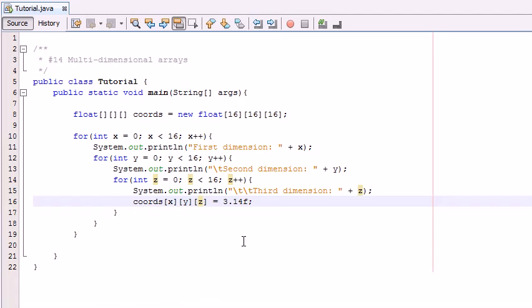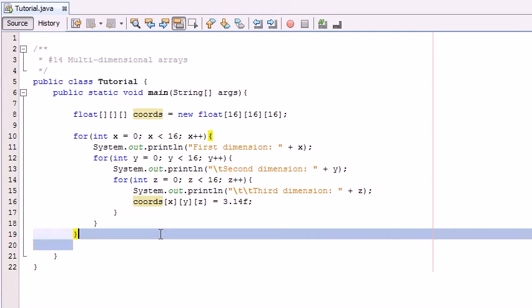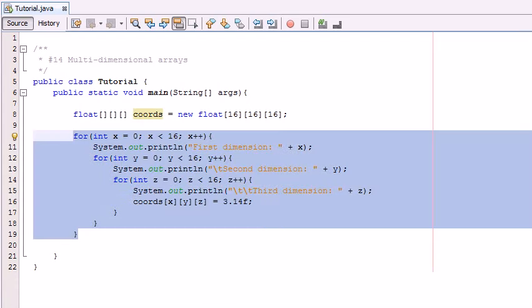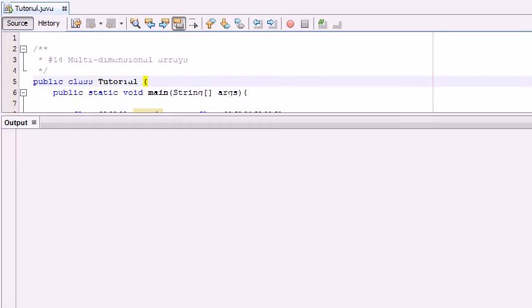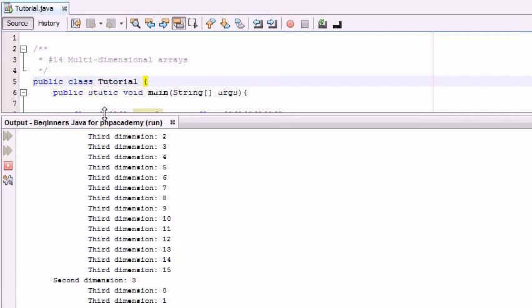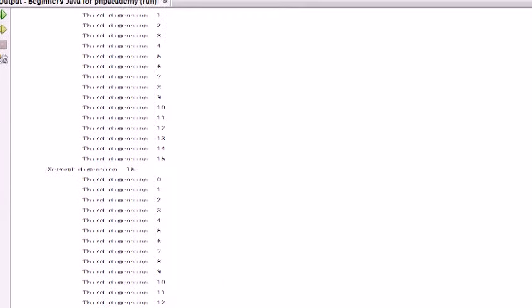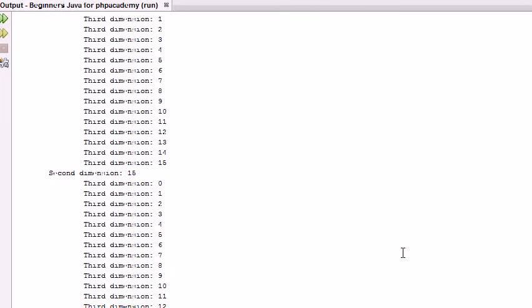So setting the value of the array wasn't really the point, it was showing you how the three-dimensional array actually works. So if I drag this output up now and hit run, you'll see that it's looping through, and it's taken a while because there's 16 dimensions for each. And if I drag it down like so and scroll it,